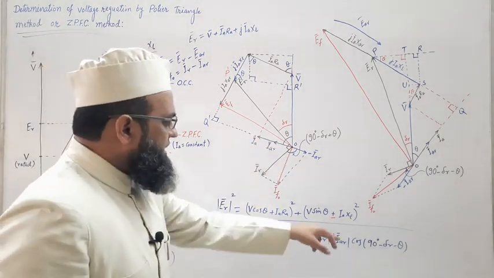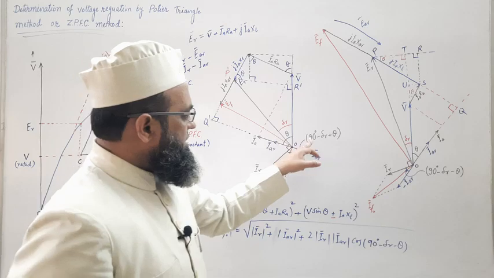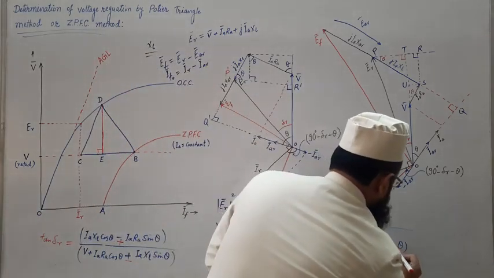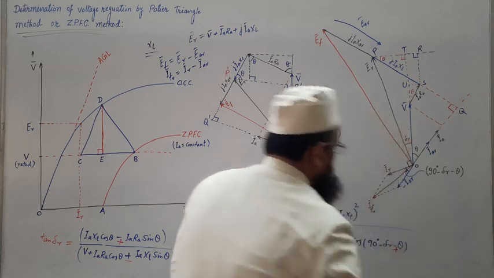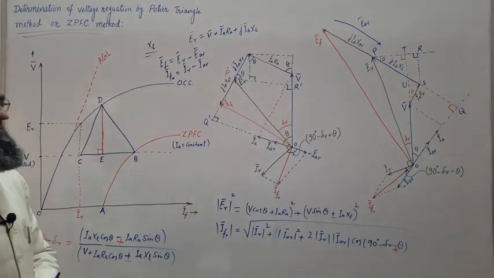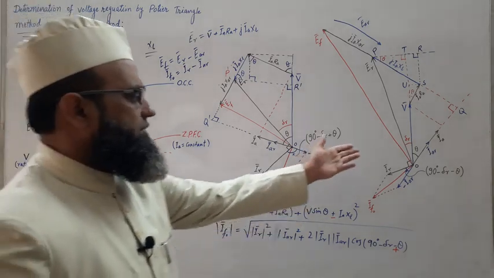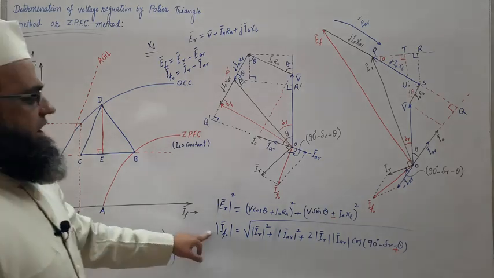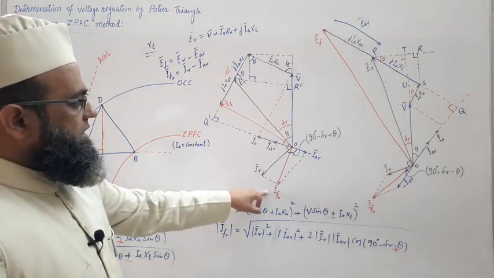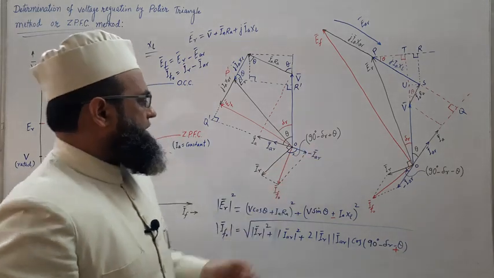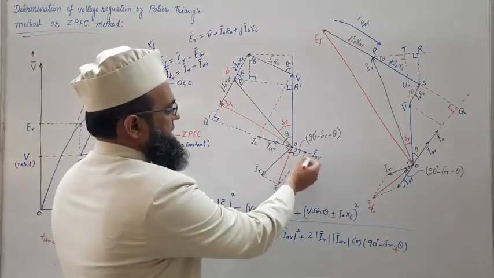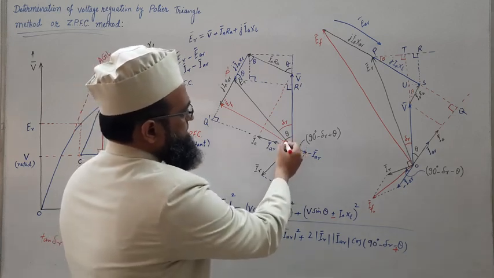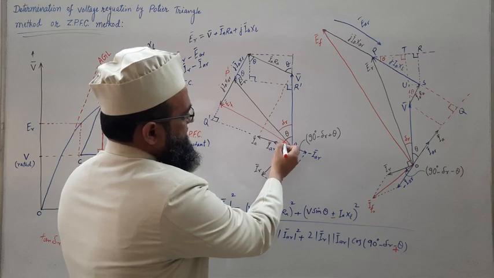And this magnitude can be evaluated using this relation. This plus cosine of, here the angle will be different. This will be 90 degree minus delta R plus theta. So only the sine will be different for leading power factor. Or theta may be substituted as negative of that theta. So we will get IF. How is this 90 degree minus delta R? We know that the angle between IR and IAR is 180 degree. So this is theta and this is delta R, then this will be theta minus